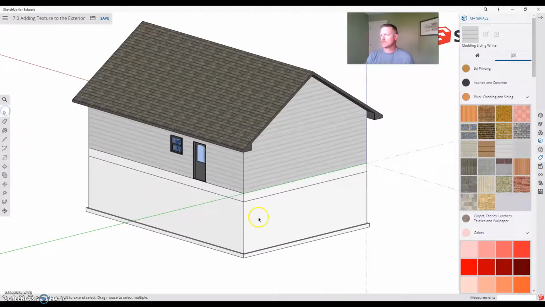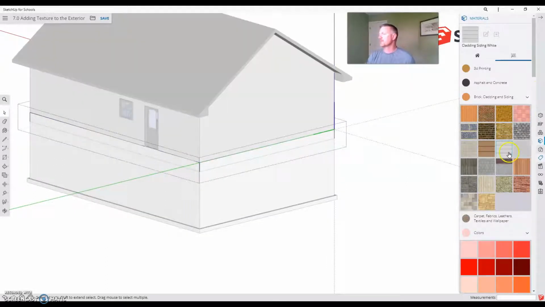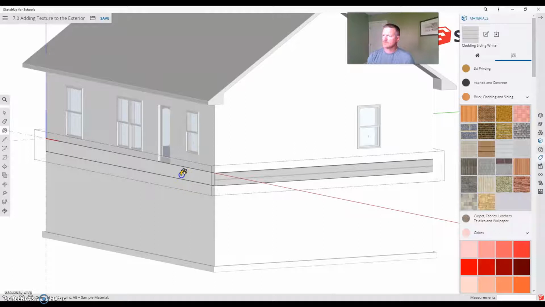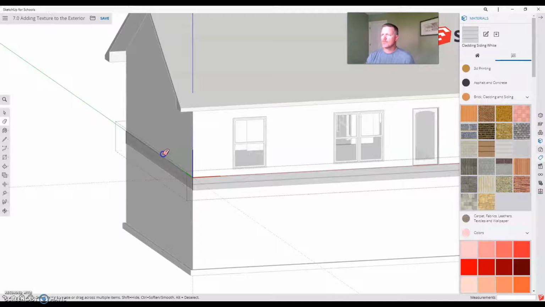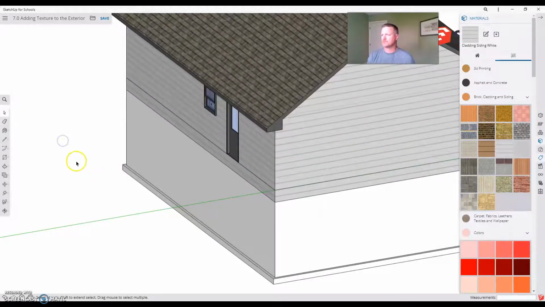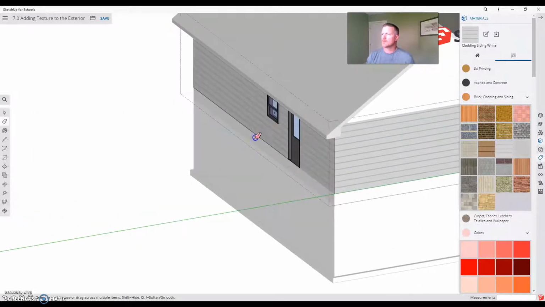Now we're going to paint. Down here we got the floor system. Floor system has to get painted with the same as the walls. That's the one spot, and then I can use the eraser again, hold down shift key. This is the one time that doing the walls separate from the floor is a little bit of a pain. Go back into the wall, use that shift key, erase that bottom line with the shift key,